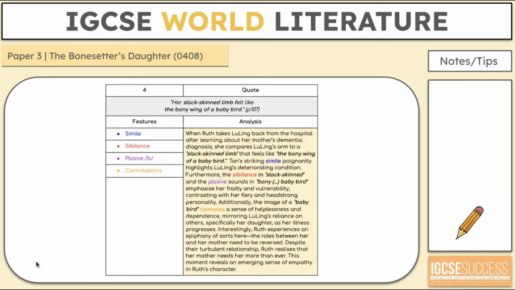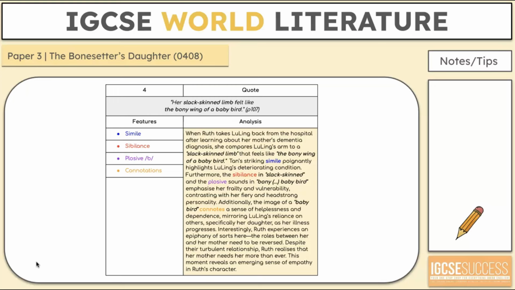So we've got the simile there, the sibilance, the plosive B sound, and connotations. Let's take a read. When Ruth takes LuLing back from the hospital after learning about her mother's dementia diagnosis, she compares LuLing's arm to a slack-skinned limb that feels like the bony wing of a baby bird. Tan's striking simile poignantly highlights LuLing's deteriorating condition. Furthermore, the sibilance in slack-skinned, so the repetition of the S sound, and the plosive sounds in bony baby bird emphasize her